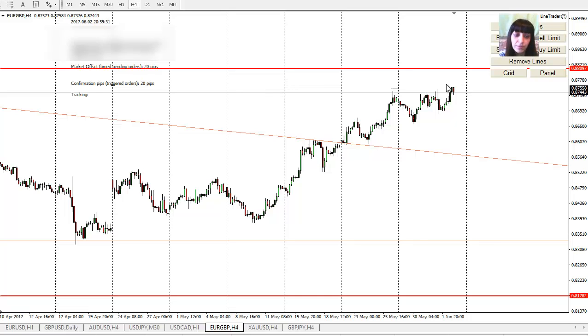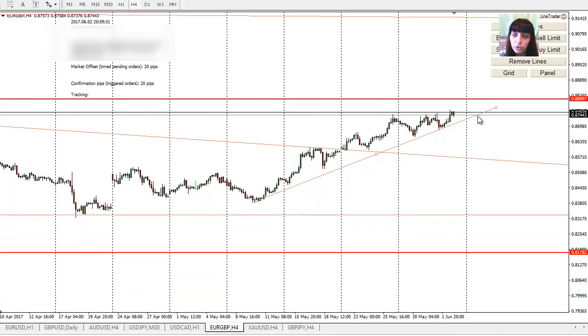I probably will leave this pair alone for this week, because I wouldn't even say which way it will go. Again, it can go anyway, up or down. At this moment it went up, and I just removed that level, but I can place another level. You can see here it's getting a little bit messy. Of course, with it going up, I would expect a correction and going down. But because there's a news event, I'm not going to do anything. I'm just going to leave it on its own.